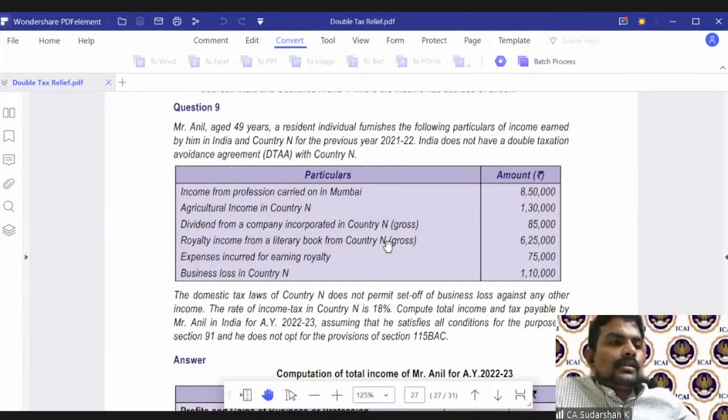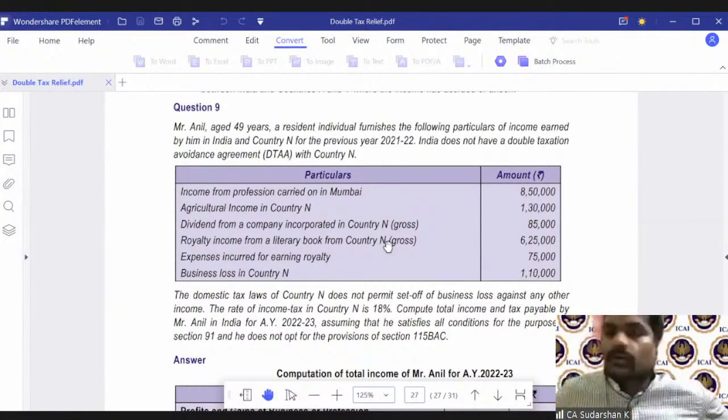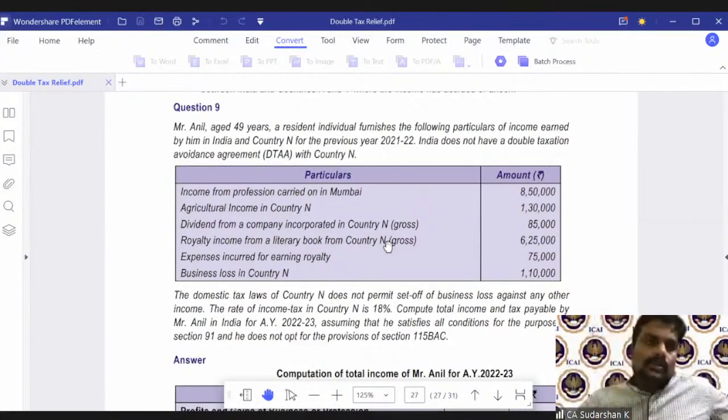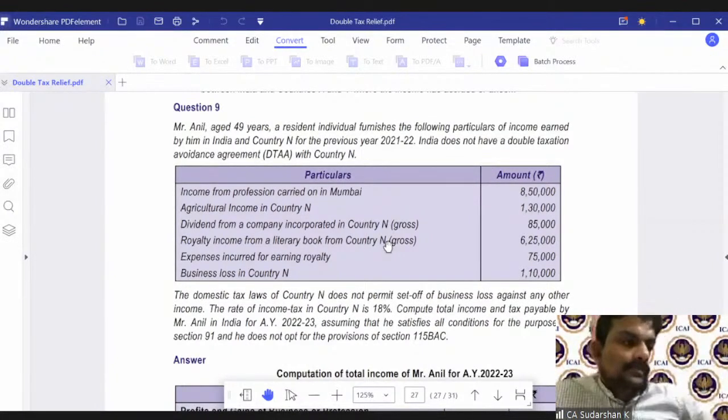So, as you would have seen, for those who have done question number 3, it's quite straightforward. At the end of the day, you need to get your total income right. And once you get your total income right, it's easy to compute tax on total income because that's the normal computation mechanism. Then find out the average rate of tax. That is your effective tax rate. Now, if you had